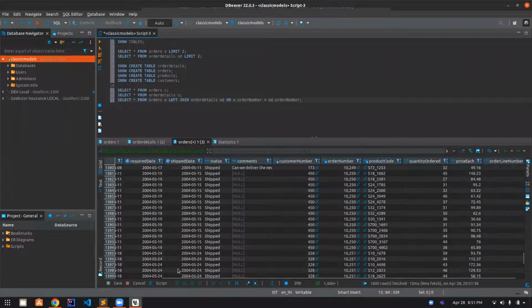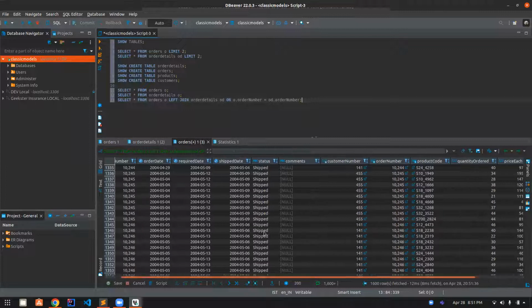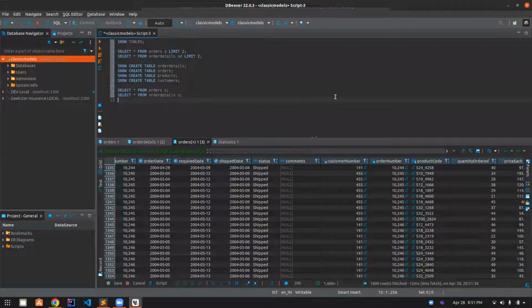I think the example I took here is actually wrong, because every order will have order details. We should instead check for customers. So I'll say select star from customers C left join orders O on C dot customer number equals O dot customer number. If we run this query,